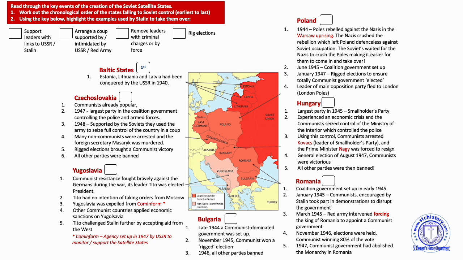Also, if you want to get even more detail than previously, again, pause the video and look at this. There's a lot more detail in this one, but there's a couple of tasks that you can do. Again, if you're watching this because you missed the lesson, this will be in the Google Classroom where you can